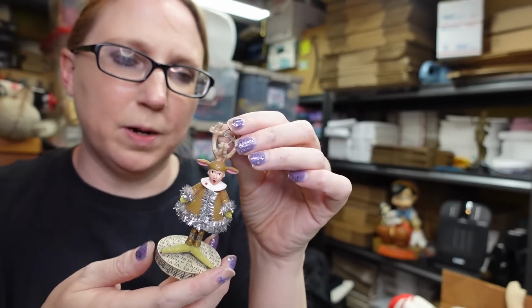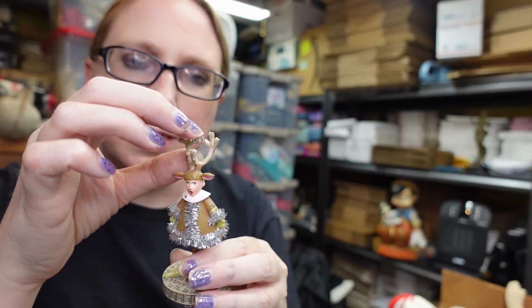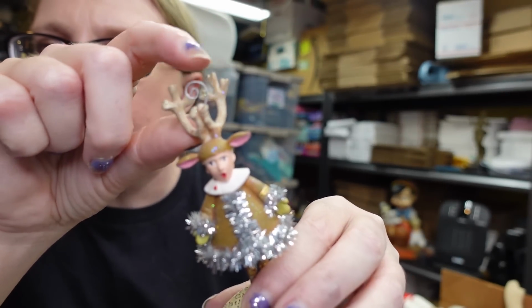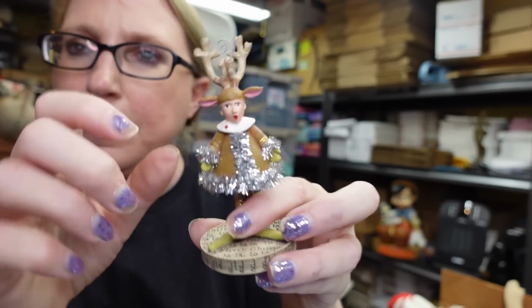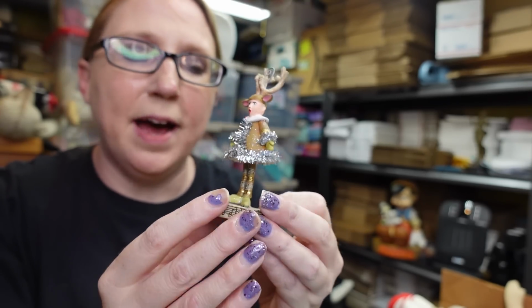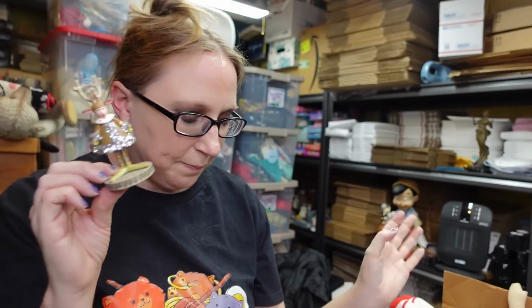I'm not exactly sure its purpose. I don't know if it's an ornament. I kind of thought it was like a card holder of some sort because he has this little thingamabob on the top of his head. I'm not entirely sure, but he would just look cute sitting around. He was in with my Christmas decorating, but I never actually decorated with him. I just found him the other day and I was like, you know what? I don't think I'm putting him out again this year, so I'm gonna list him. So I listed him for a buy it now of